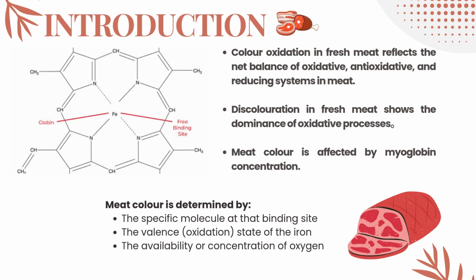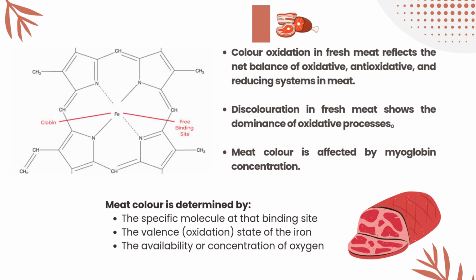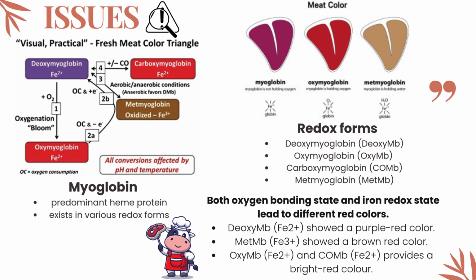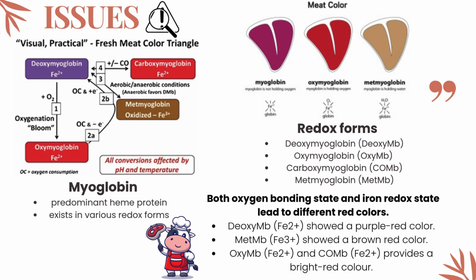Color oxidation of meat reflects the meat's oxidative, antioxidative and reducing systems. Its discoloration shows the dominance of oxidative processes, which is affected by myoglobin concentration. Meat color is influenced by the specific molecule at the binding site, the oxidation state of iron and the availability of oxygen concentration. Myoglobin is the predominant heme protein and it exists in various redox forms such as deoxymyoglobin, oxymyoglobin, carboxymyoglobin